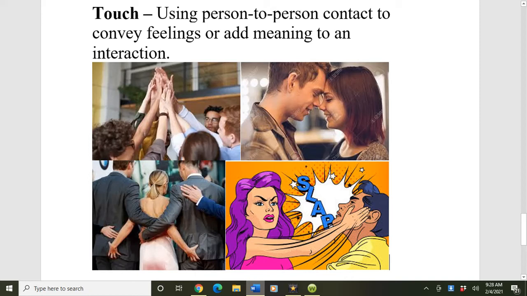If you look at the pictures here, you see all different kinds of touching. In each one of these pictures, it is very clear that a different kind of emotion is being conveyed. On the one hand, you have these people who are all putting their hands in the center and are trying to convey their teamwork, their sense of unity. And in the bottom right-hand corner, you see that woman is definitely very clearly communicating to that man in a different way. All of these things are happening through the way that people touch each other. It is definitely worth paying attention to, and it was definitely worth talking about in terms of this video.